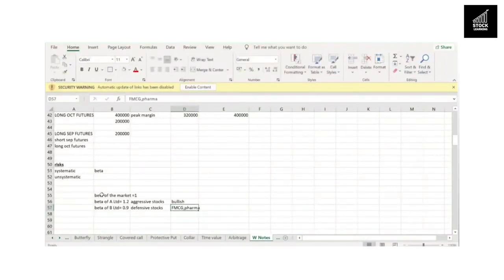Why? Just because the economy is not doing well, will you stop using soap, washing powder, toothpaste, coffee, tea? You won't. So whether the markets go up or down, you will continue to consume FMCG products. Similarly, if the economy is up or down, if I have fallen sick, I will still take paracetamol. I will still take treatment from the doctor. And hence, these industries are considered as defensive stocks.